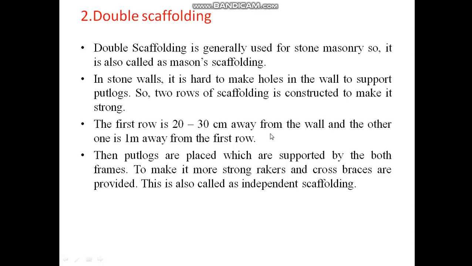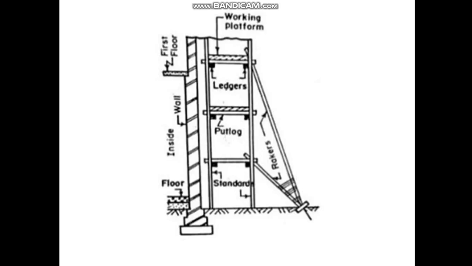Now second is the double scaffolding. The double scaffolding is generally used for stone masonry, so it is also known as the mason scaffolding. In the stone wall it is hard to make a hole into which putlocks will be inserted. It is very hard. So in that case the first row is about 20 to 30 centimeter away from the wall, and the other one is 1 meter away from the wall. If you observe in the figure, now this is the